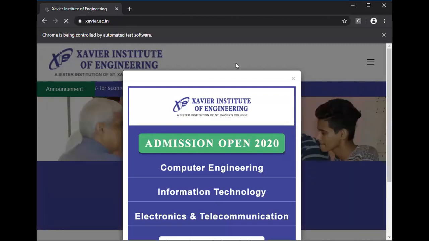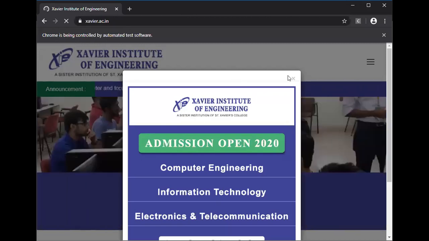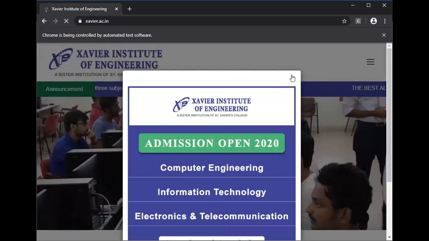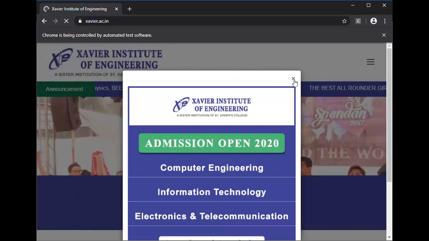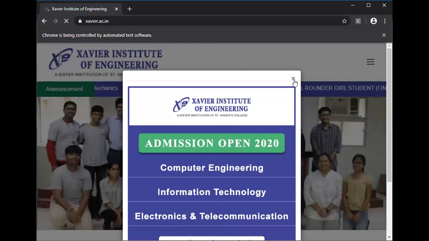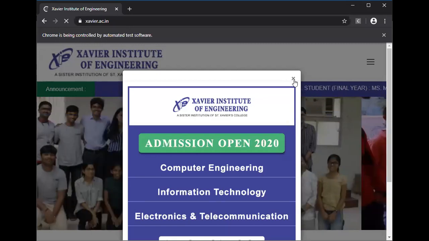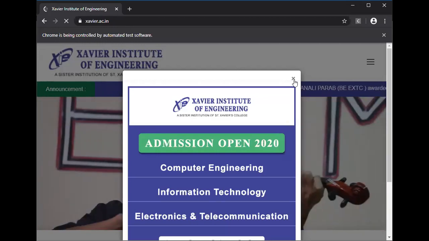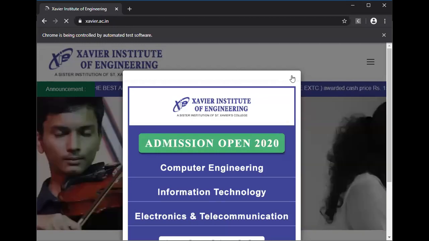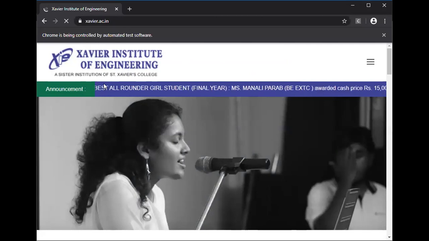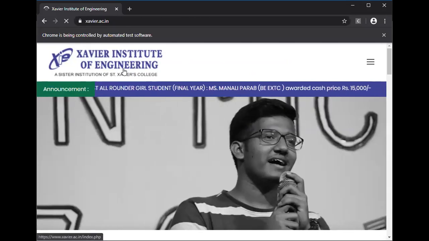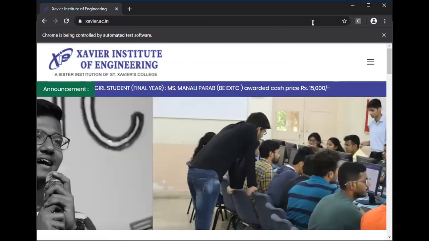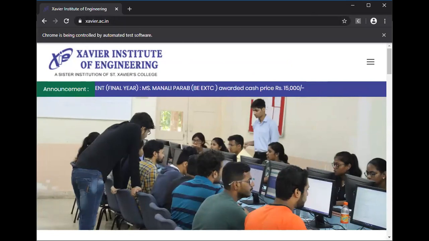Our website takes some time to load because there are heavy images on it, certain images are of 1 MB and something like that. The images are very bulky in size, that's why it is taking more time. So I'm just waiting for this loading to get over. Yes, the loading is over now. Go to our code.